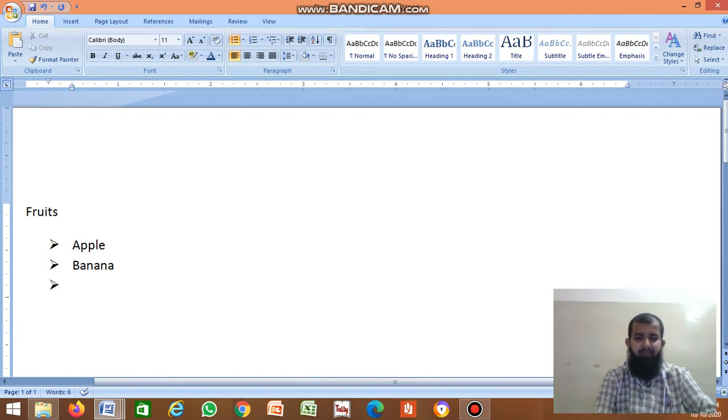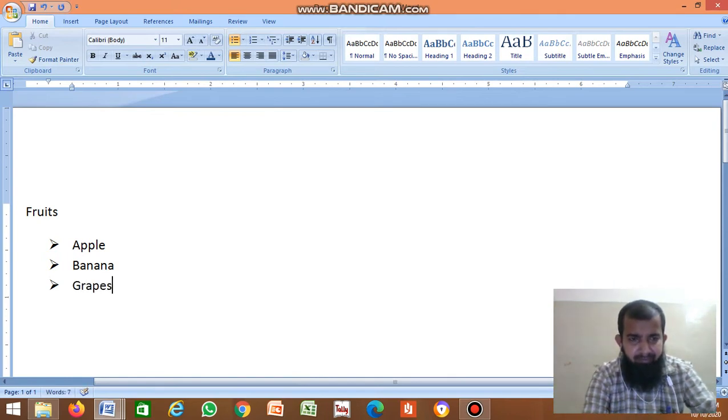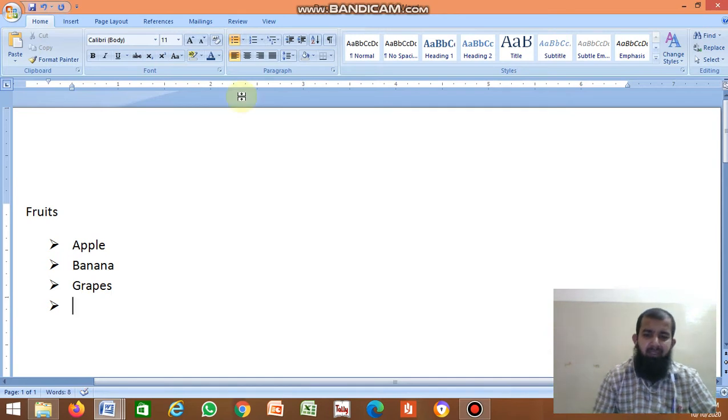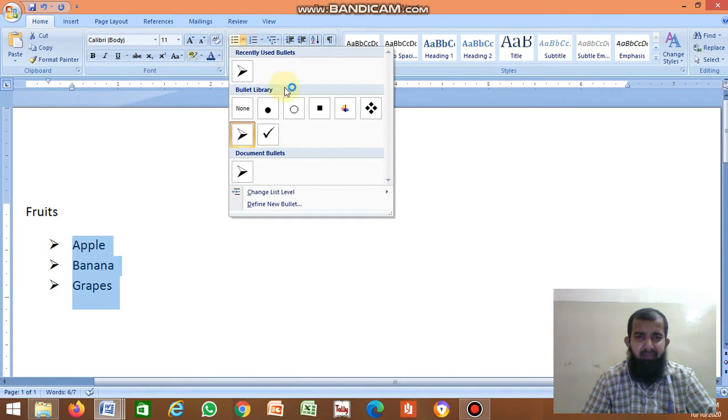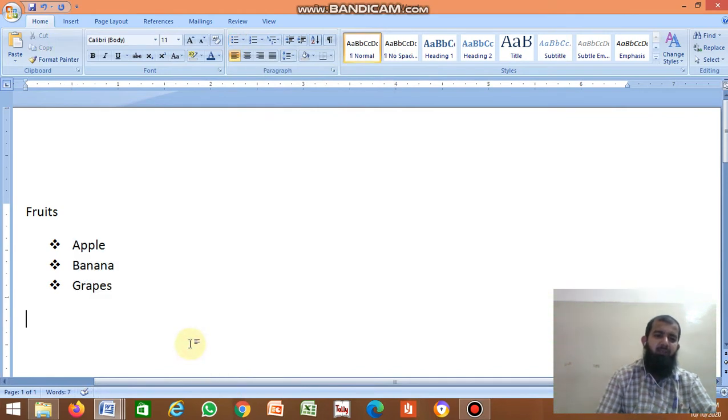Clear, no? Like this. If you press enter again, it does not display the bullets. If you want to change the bullet, just select it, click here, and you can change the bullet. Clear, no? That is about the bullet.